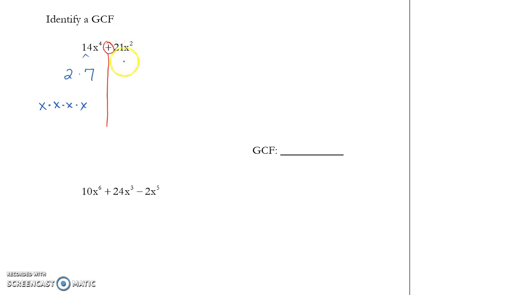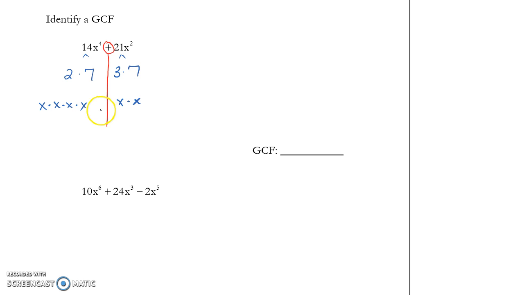Moving on to 21x squared. Factor tree 21. That's 3 times 7. Those are both prime. I can move to my variable. That's x times x. So that's kind of where our similarities with square roots end. The first part is similar as far as factor treeing. That's where it ends. Now what I need to do is find what these two separate terms have in